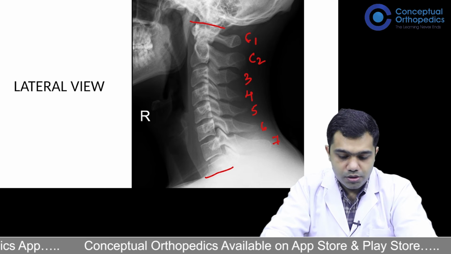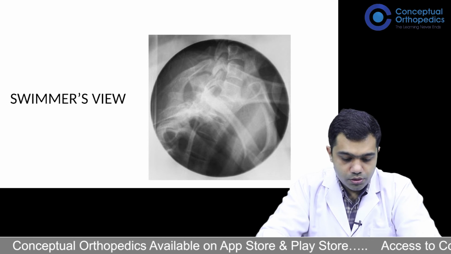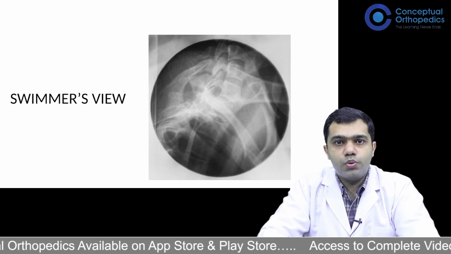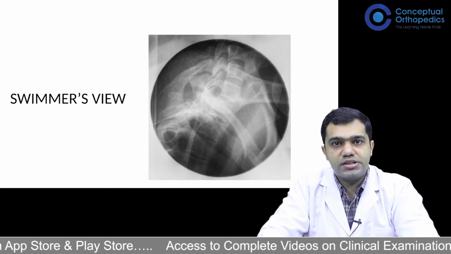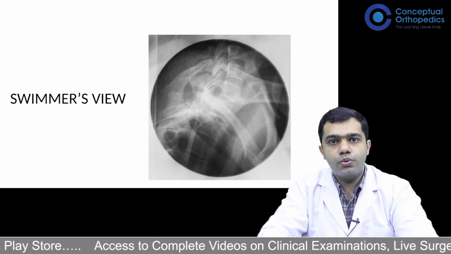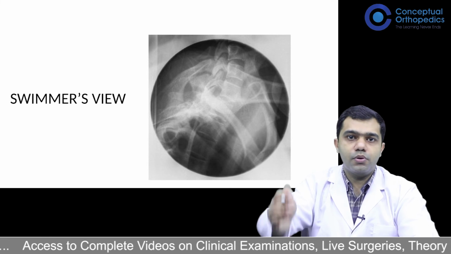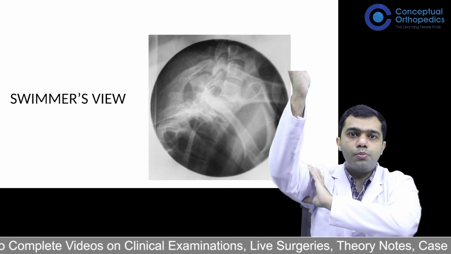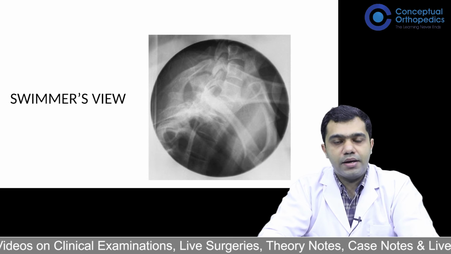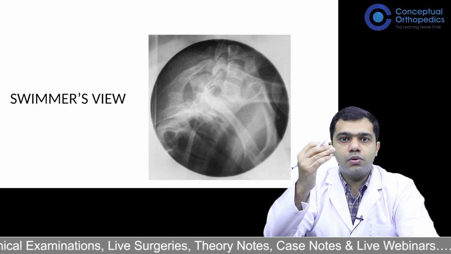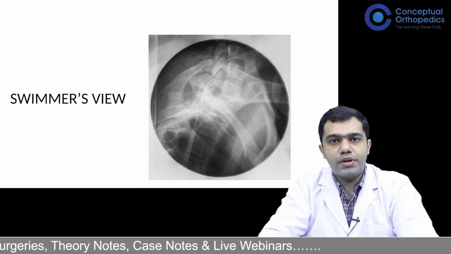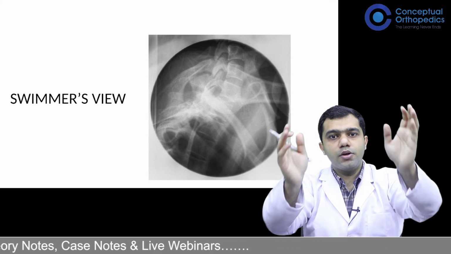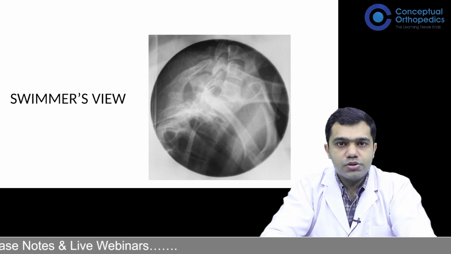So let us go to the other view, that is known as the swimmer's view, which can be taken to identify the cervicothoracic junction. In this, you ask the patient to lift one hand so that you take the humerus away from the thoracic spine. So you can see the cervicothoracic junction properly. Some people like to do it with both hands up so that both the humerus shadows don't come in your way. So this is known as a